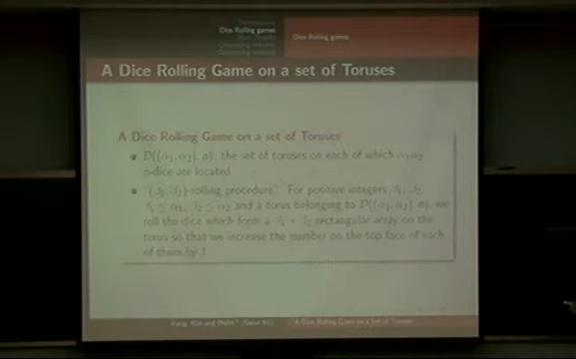Also, we denote by T(alpha 1, alpha 2, n) the set of toruses on which alpha 1 by alpha 2 n-dice are located. And for positive integers alpha 1, alpha 2, beta 1, beta 2, where beta 1 is less than or equal to alpha 1 and beta 2 is less than or equal to alpha 2, the (beta 1, beta 2) rolling procedure is rolling the dice which form a beta 1 by beta 2 rectangular subarray on the torus, so that we increase the number on the top face of each of them by 1. For example,